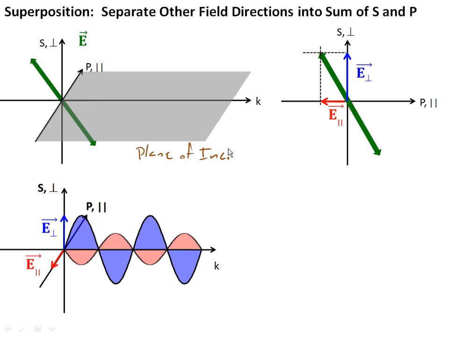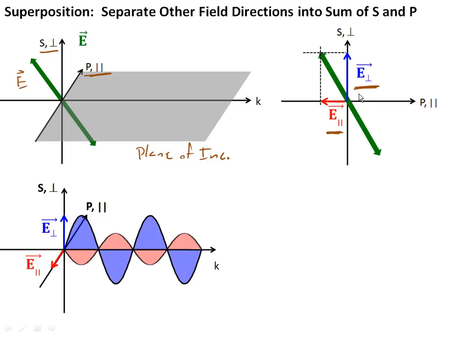What happens if we have an electric field that's not in the plane of incidence? In other words, this green line that we're going to call E here doesn't lie in either the S plane, perpendicular to the plane of incidence, or the P plane, parallel to the plane of incidence. This is pretty straightforward. This is just like we worked with the polarization. Essentially, we're going to break it into two components. We're going to say there is one component that is S polarized, or perpendicular to the plane of incidence. We're going to add a second component that's polarized parallel to the plane of incidence, or the electric field points,